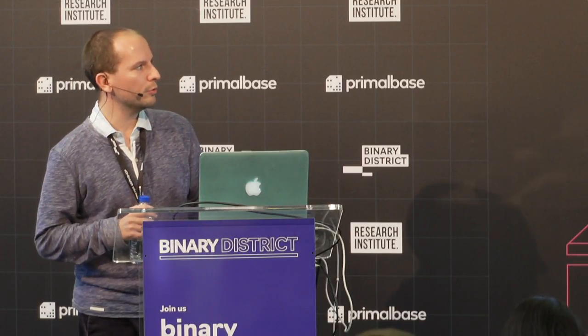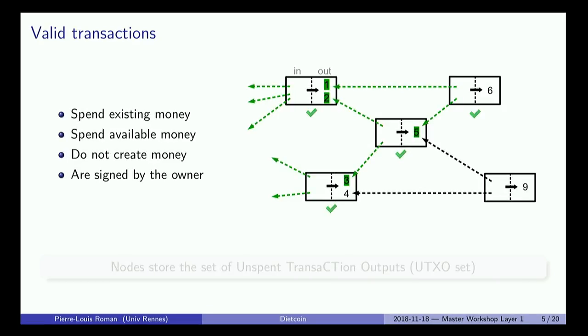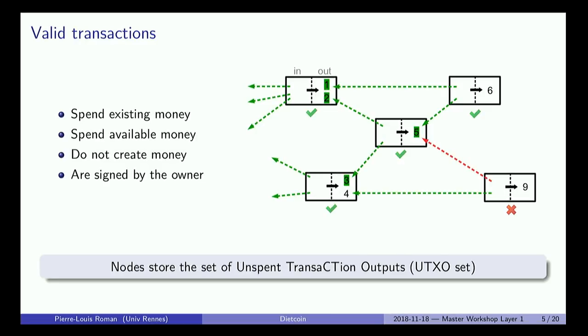So if you want to create a new transaction, you just reference previous outputs, essentially coins, and you make sure that they haven't been spent yet. So this one is valid. If you continue, this one also is valid because 1 and 5 haven't been spent yet. And if you continue again, this one will be invalid because 5 has been spent. So that's why